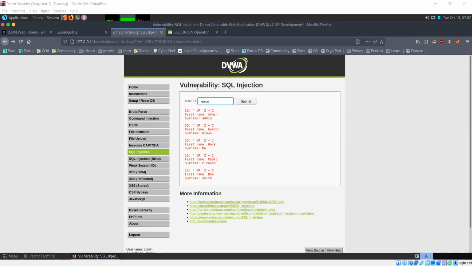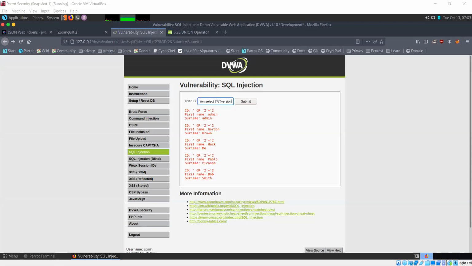So we are just adding another statement to that. Now I was talking about finding the version. For finding the version, there is a database variable known as version, which you can access using @@version.